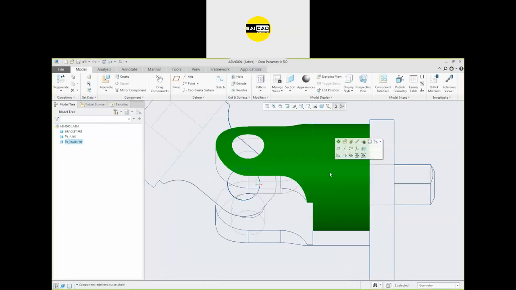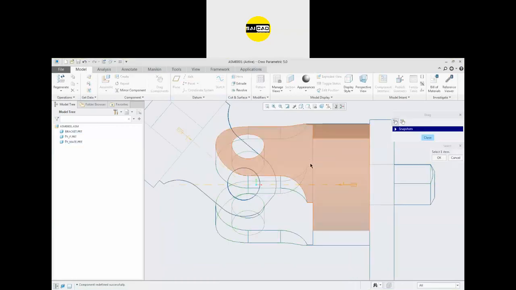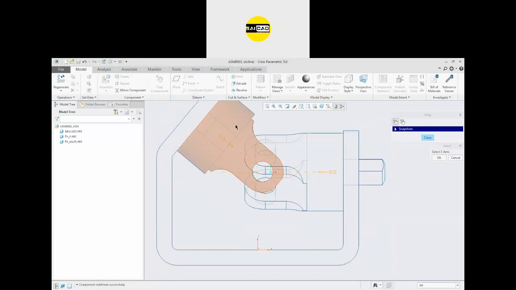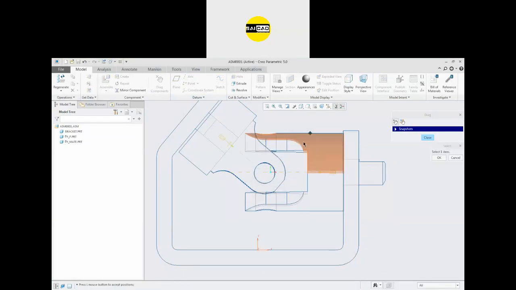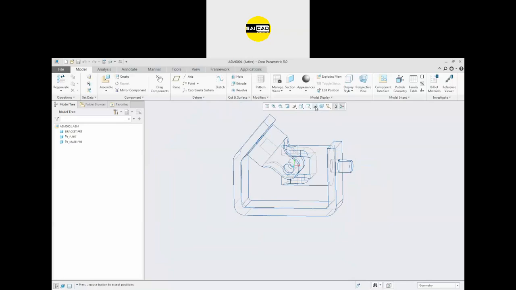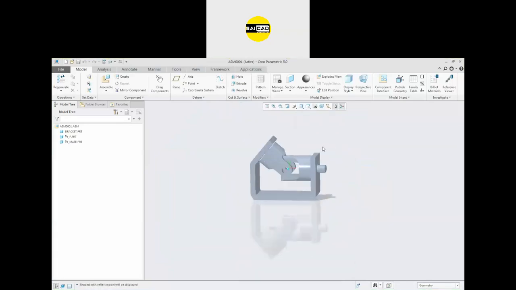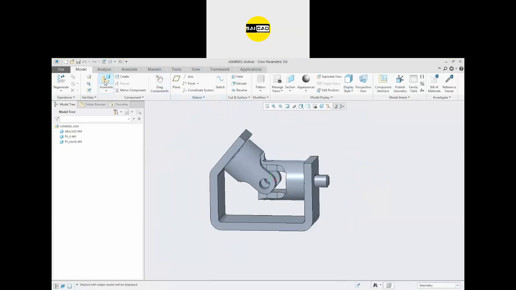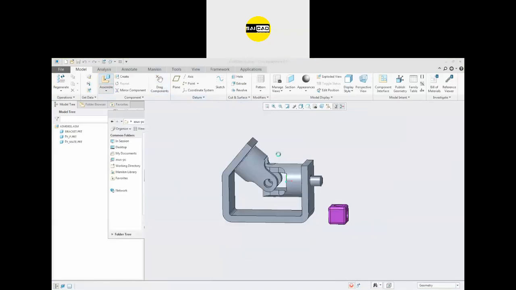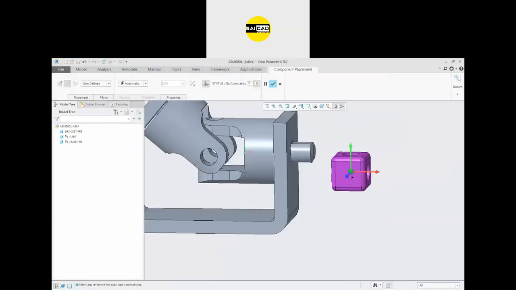So now you can see these objects are movable. Click on the part, you can see these objects are movable. And now if you define any relation in between, the movable object will adjust automatically according to the relation you apply after that. Now if you import the other part, this one, and define the part according to the relation.